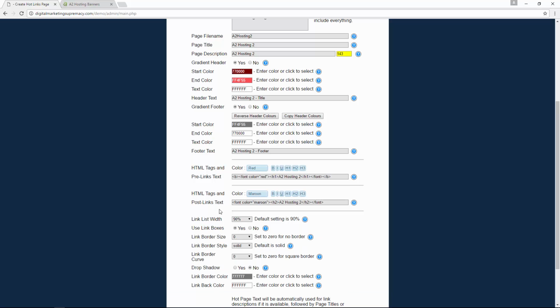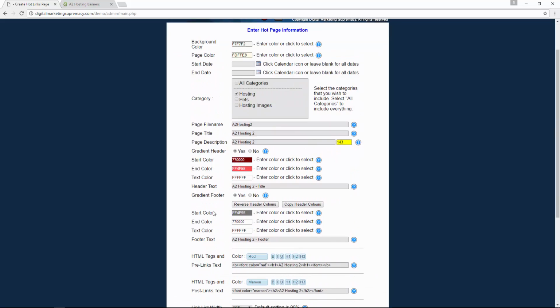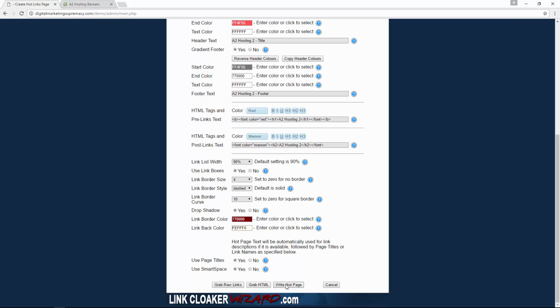Oh no, I'm going to use some link boxes, so I'm going to have some big thick borders that are dashed and have got a nice rounded corner. I'm going to put a little drop shadow on them, and the border colour I'm going to go for deep red to match the header-ish, and the back colour I'm going to go for a very, very, very slight hint of yellow. And that's it, my page is set up and I'm ready to write the hot page,